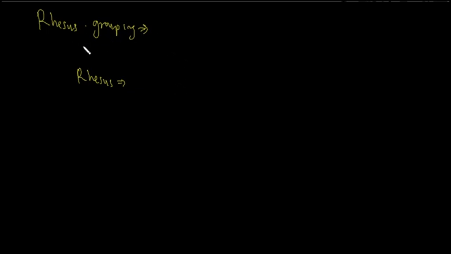So as I said, the Rhesus antigens include capital C, small letter c, then you have D, then you have capital E, small letter e. These are the 5 Rhesus antigens. So you could put down that there are 5 Rhesus antigens which include C, c, D, E, e. However, the most important Rhesus antigen